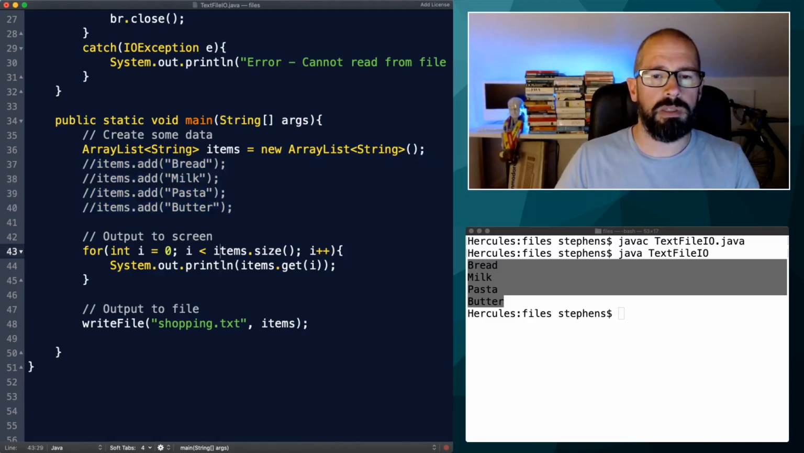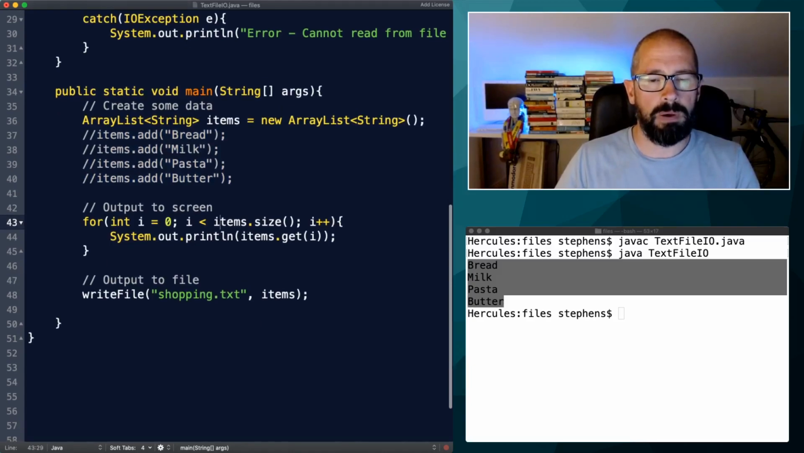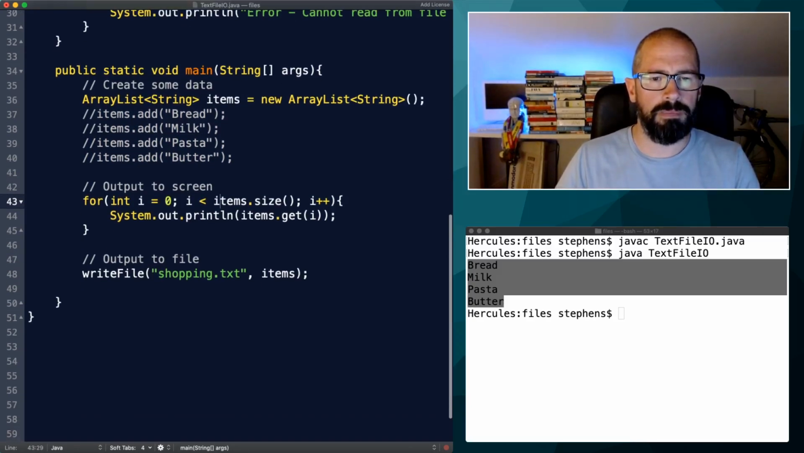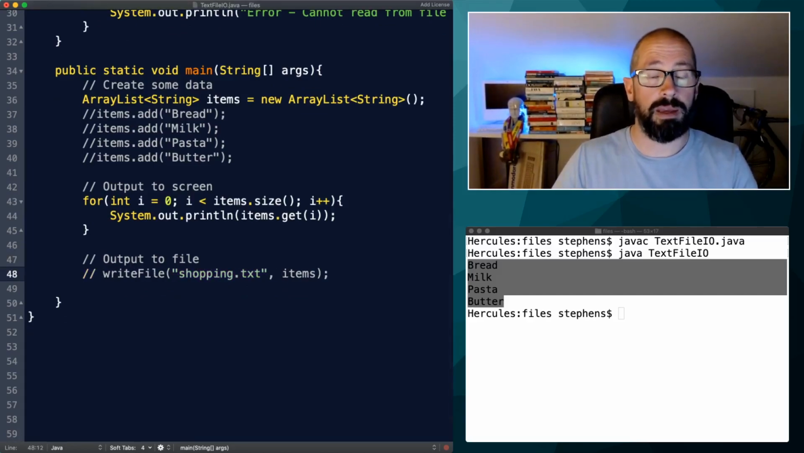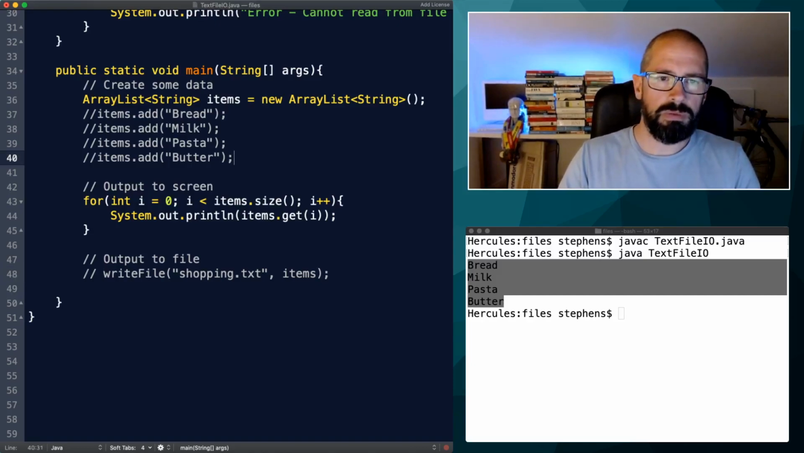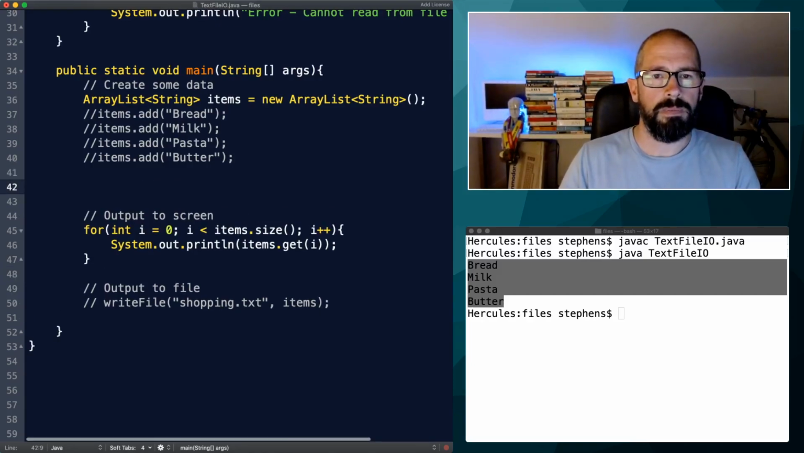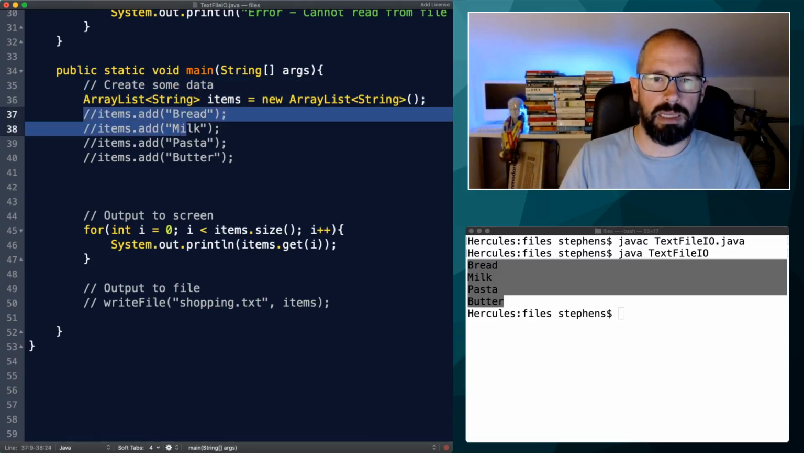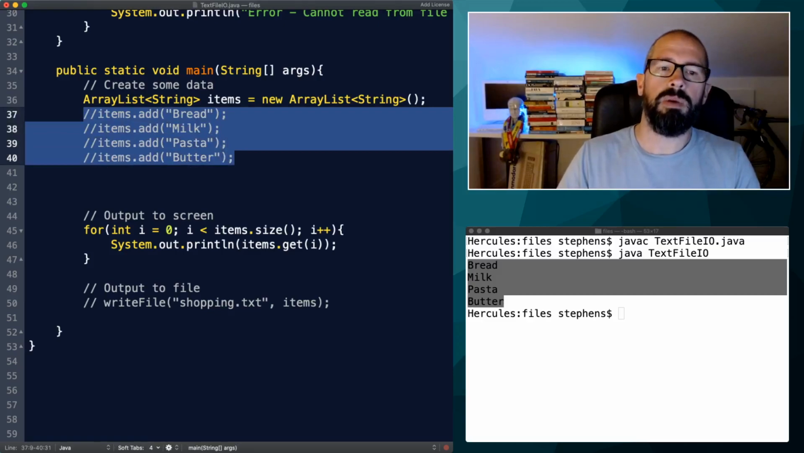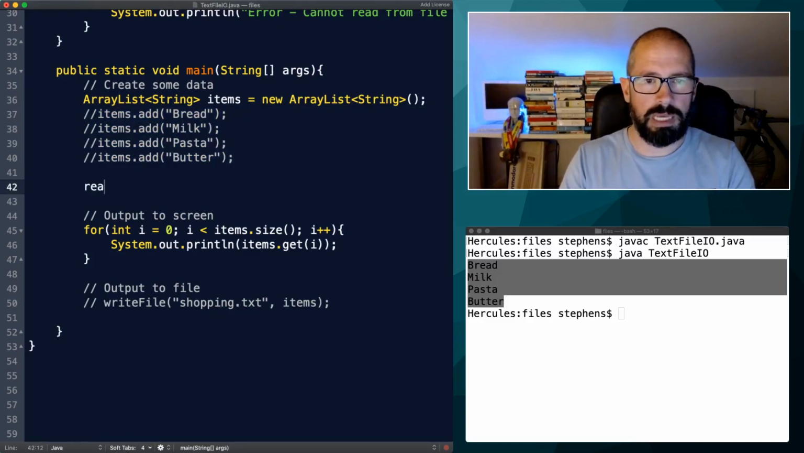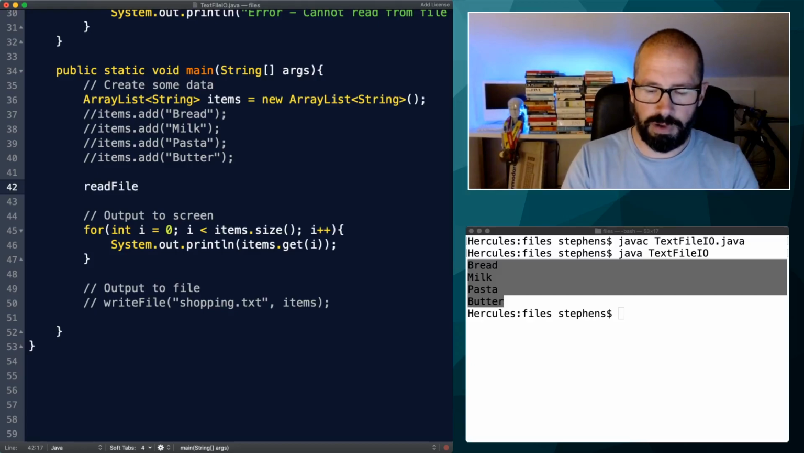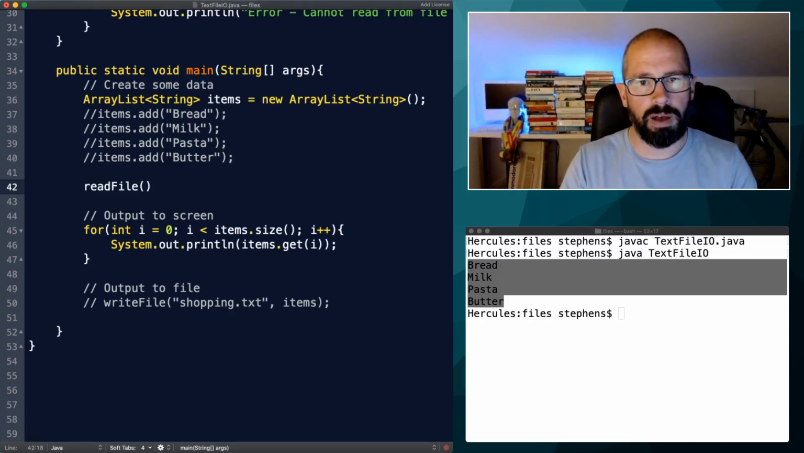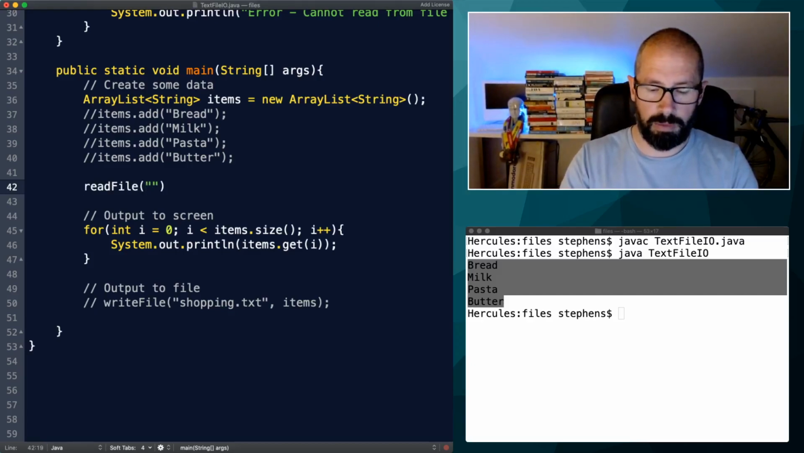And then what do I want to do down here? I don't want to write to the file, so I'm going to comment that out as well. But what I do want to do is read from the file. So I'm going to create the array list, I am not adding any items to it, and what I'm going to do here is read in the information from the file. So I'm going to say read file. What's the name of my file? Well, it's called